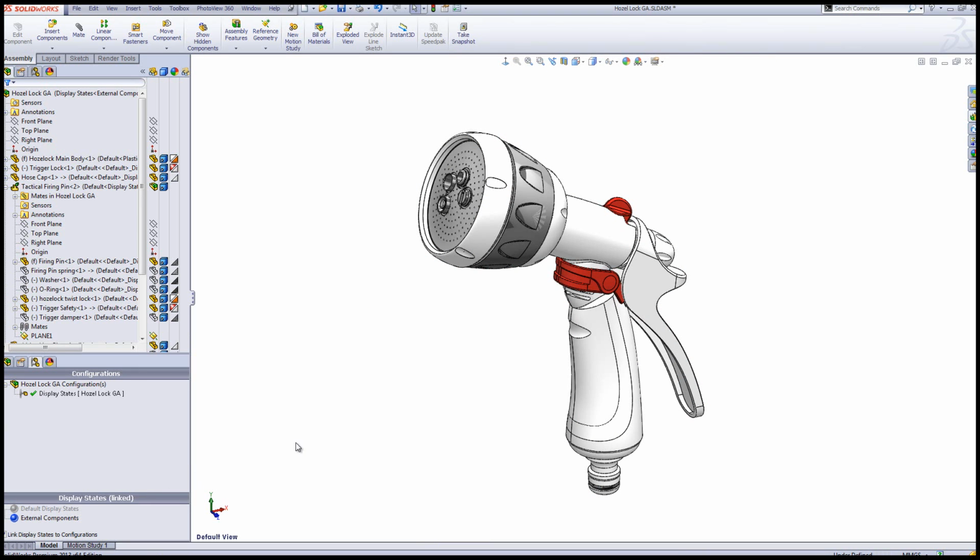So I'm going to create a new display state. To do that, we'll make sure our default display state is active, and we'll right click and add display state. We'll rename this one firing pin. Okay, now we can filter out assemblies by using our right mouse button on an assembly component. So if I select this component here, which I know is in a subassembly, I can right click